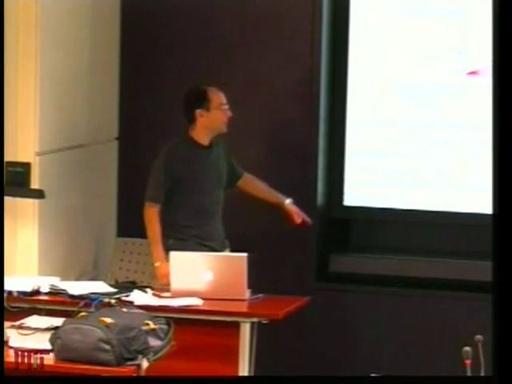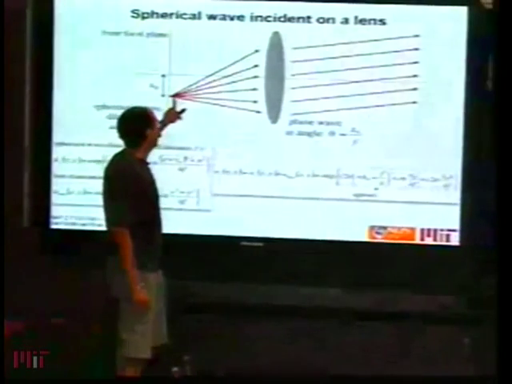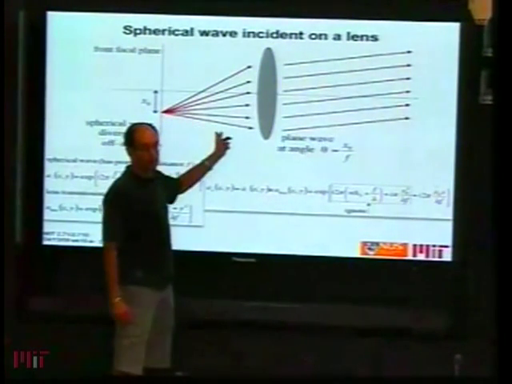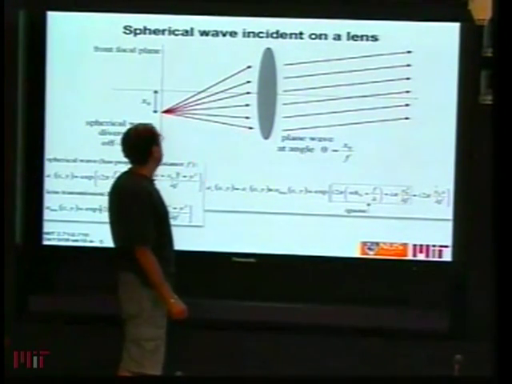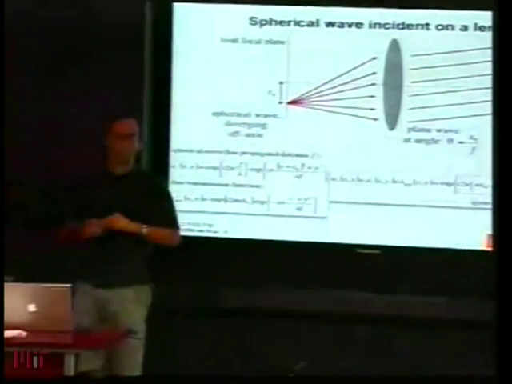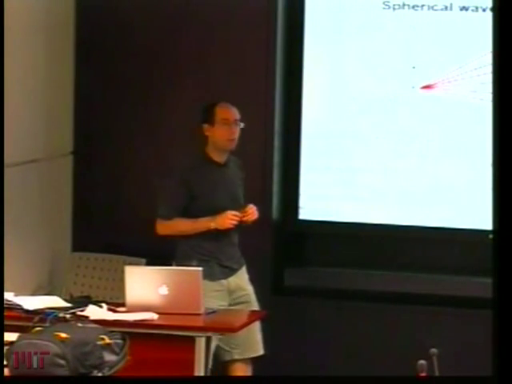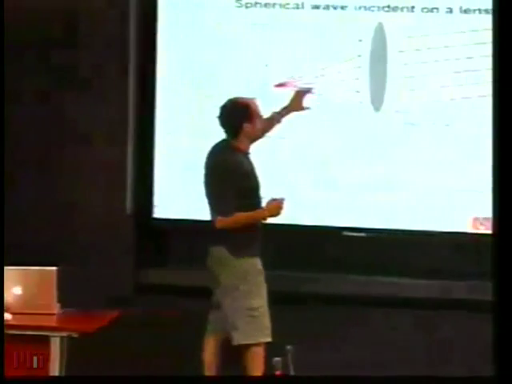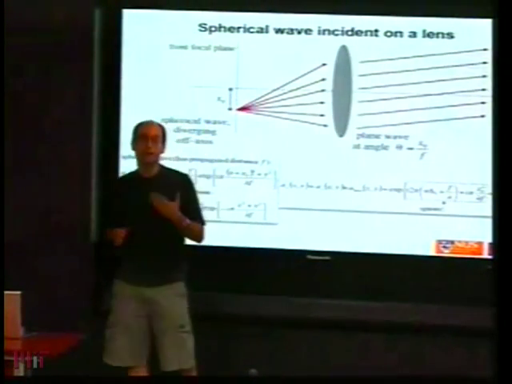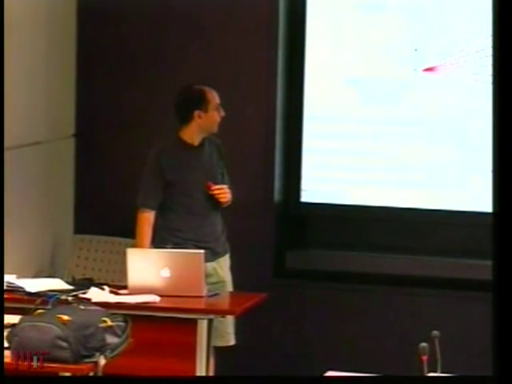Okay, I will not do the next one. The next one I'll let you do by yourselves. You can repeat a similar procedure of completing squares in order to see what happens to a divergent spherical wave placed at one focal distance to the left of the lens, and you can convince yourselves easily that this becomes a plane wave propagating at an angle equal to the ratio of the displacement over the focal length. So this is again something we saw in geometrical optics. It is not new. Okay.